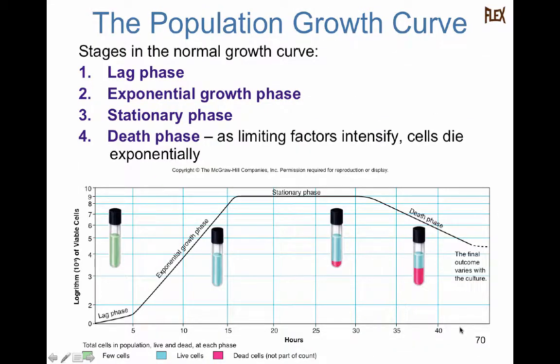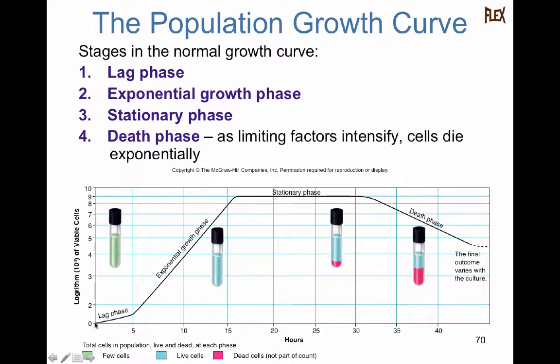Now, for sure, please remember this diagram. This is the diagram for bacterial cell growth on a log scale over time. There are 4 basic stages here. There's the lag stage, the log or exponential stage, the stationary stage, and then the death phase. This graph is representative of time 0, and this is on a log scale.